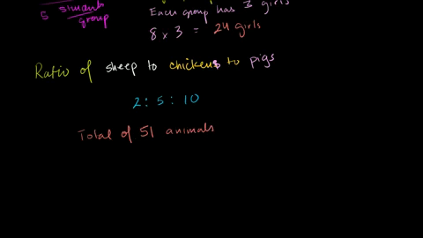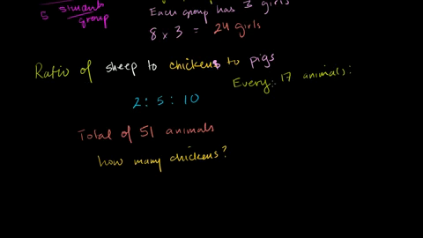And I want to know, how many chickens do I have? Well, we do the same idea. For every 2 sheep, I have 5 chickens, and I have 10 pigs. That tells me for every group of 17 animals, what do I have? And where did I get 17 from? I just added 2 plus 5 plus 10. So for every 17 animals, I am going to have,